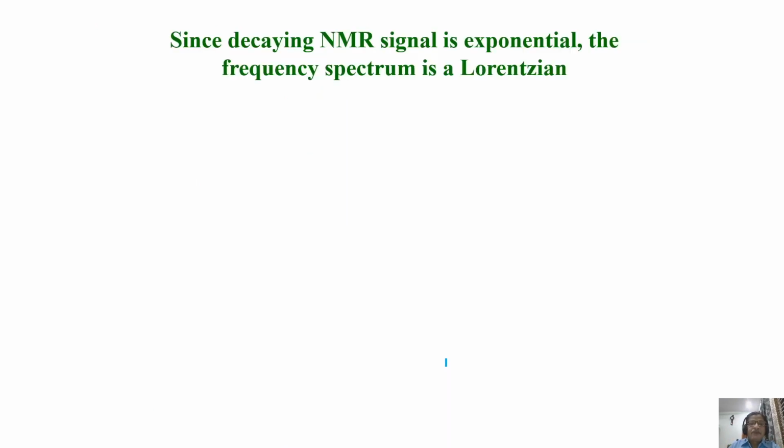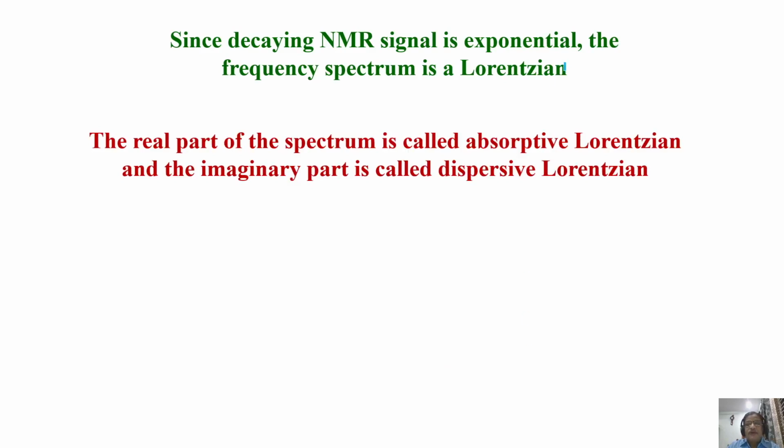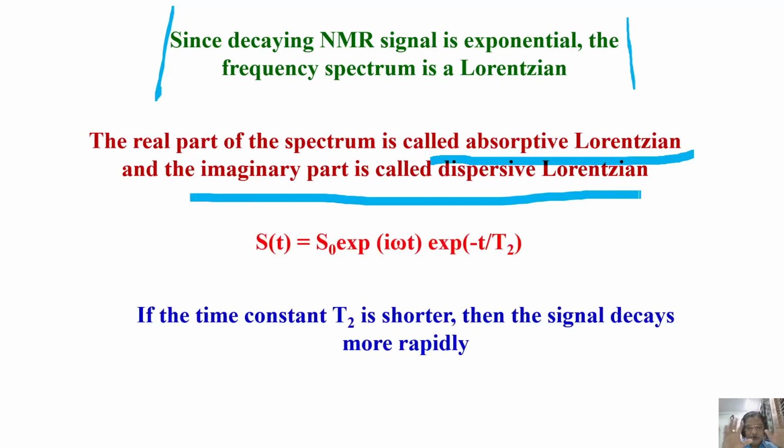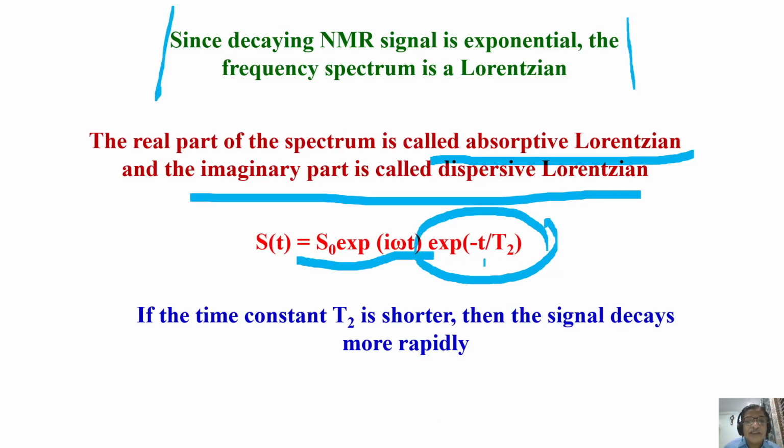So plug it in. Since it is a decaying signal, of course, when you do the Fourier transformation, you are going to get a Lorentzian. That is the first part. Now, when you do the Fourier transformation, you get an absorptive Lorentzian and an imaginary part called the dispersive Lorentzian. Okay, that is apart from that. Now, first you plug in the decaying component. This is an exponential function. This we knew. We are collecting the signal. You plug in exponential of minus t by T2. This we are plugging in because we know the signal is decaying as a function of T2. Now, what is this going to tell us? What happens if T2 is shorter?